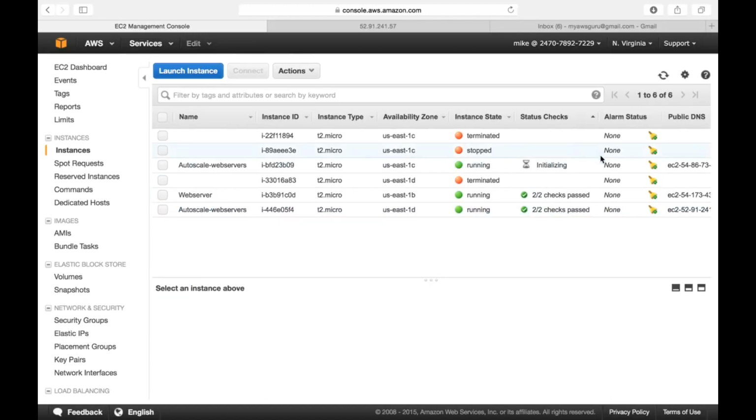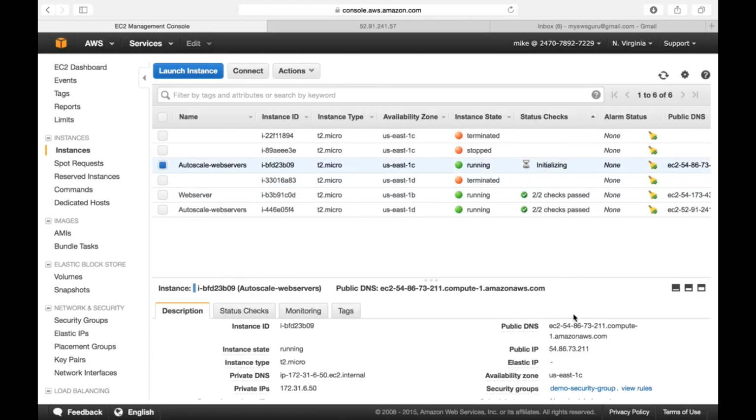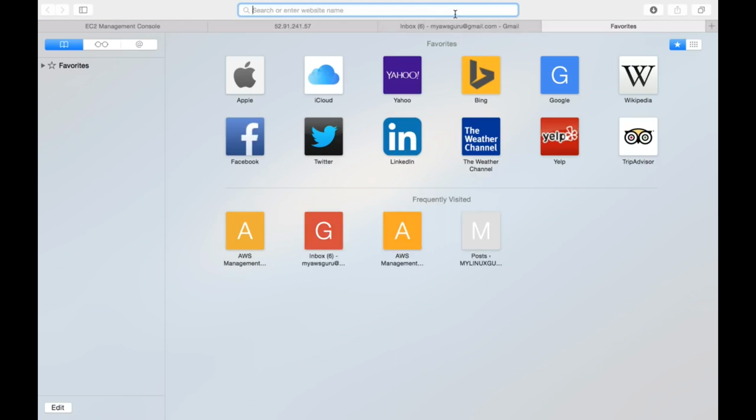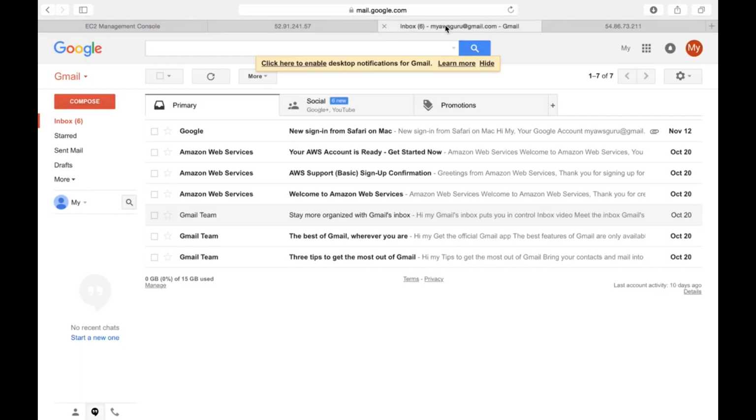Look, now there is another server which is added up. Now it is coming up. I can connect to the other server and check my website, which is working fine. If I go here, I should see some